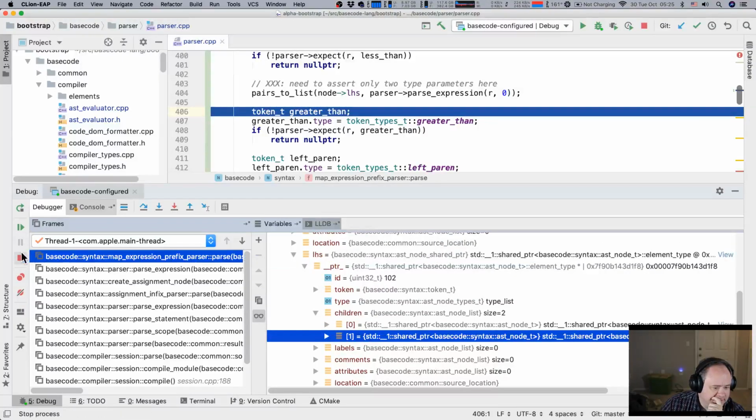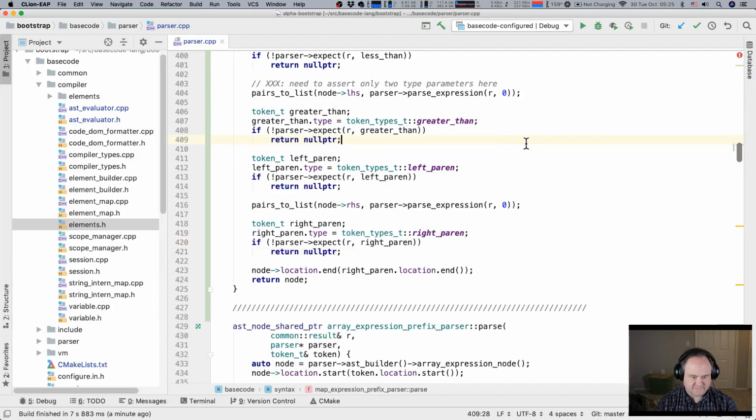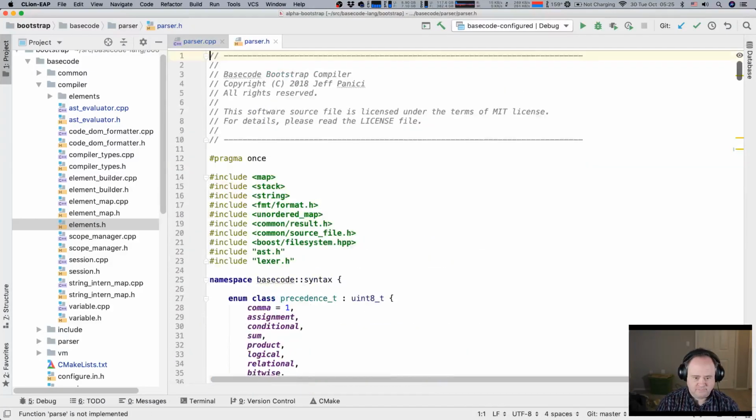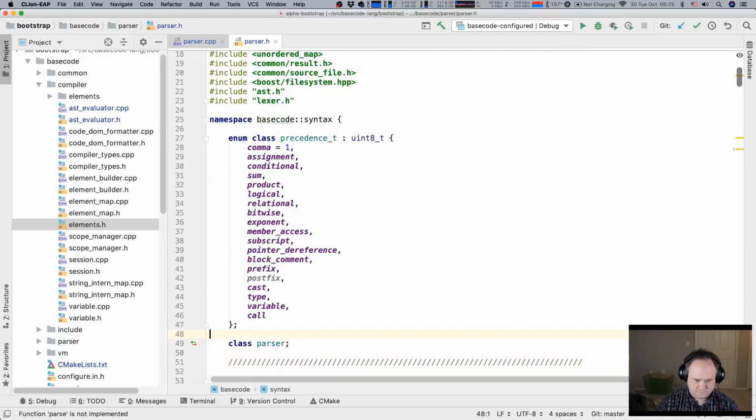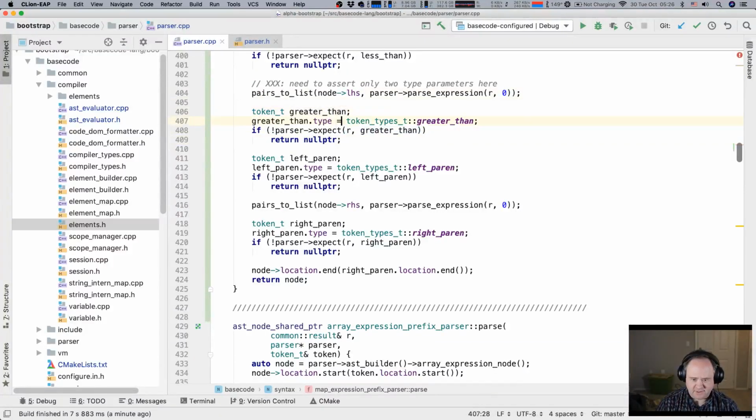That's not going to work. Let's go look at our precedents here.